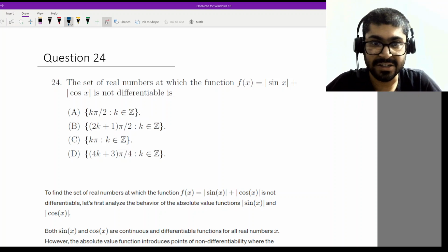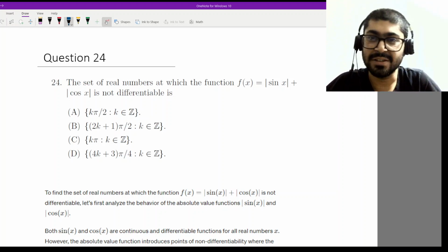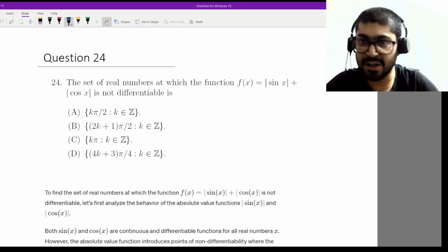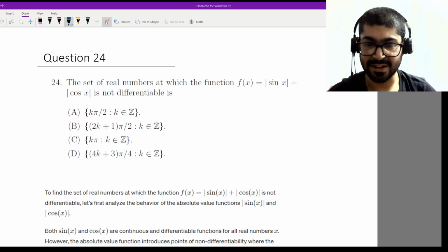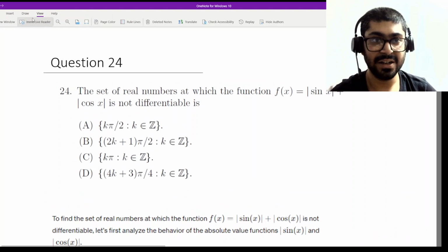Alright, now back to the question. The set of real numbers at which the function f(x) equals mod sin x plus mod cos x. Now I found a portion of this sum in a different problem given in the book, so I have taken that bit of solution from there. The rest of the part I will be working out with you. Let us understand what exact solution is given here. The solution here states that